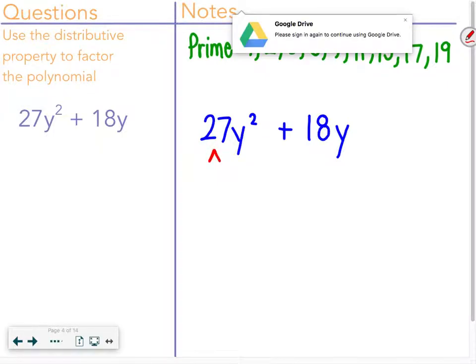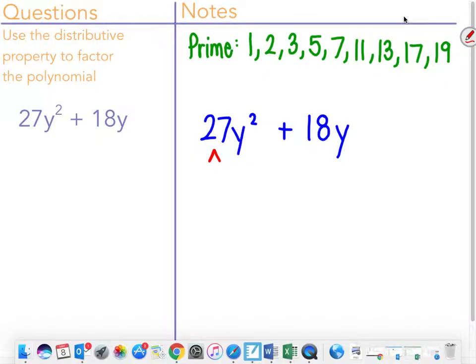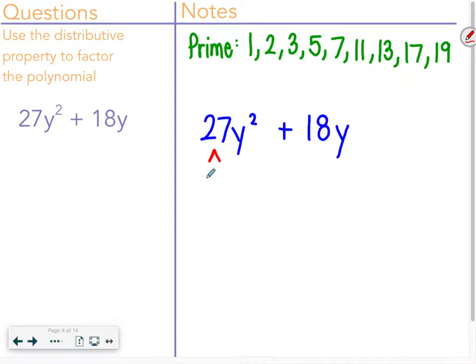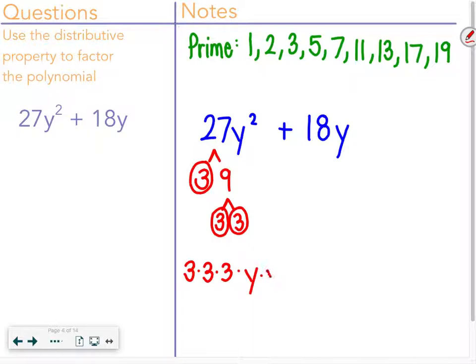To make 27, I am going to multiply 3 and 9. 3 is prime, but you'll notice 9 is not prime. It's not in our list. So 9 we can keep going. 9 is the same as 3 and 3. Now we are down to all primes, so I can write that list out. 3 times 3 times 3, because we've got 3 of those circled, times y,